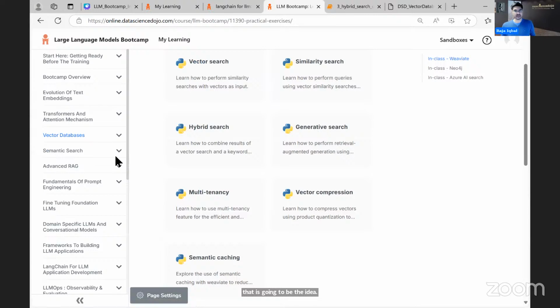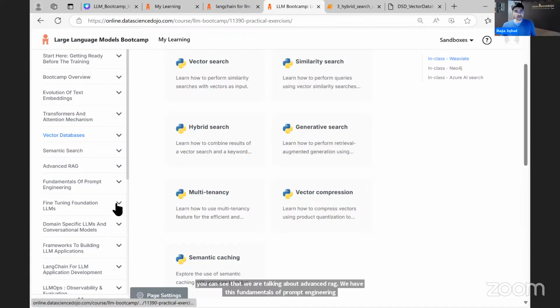Now you can see that we are talking about advanced RAG. We have this fundamentals of prompt engineering. Fine-tuning, when we talk about fine-tuning, we actually give you access to, everyone gets some credits to this RunPod GPU cloud. And then we give you Llama 2, 7 billion 4-bit quantized model.